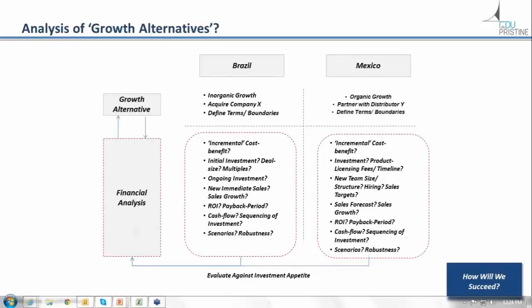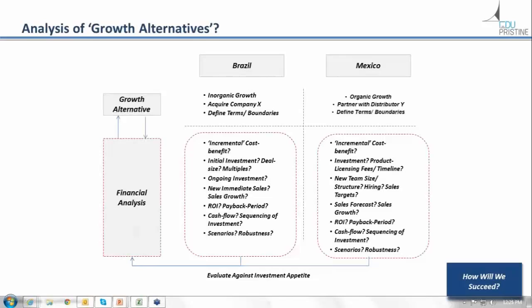And then what are the alternatives? How do we get into Brazil? It was pretty clear, for example, that in Brazil it's going to take this company a lot longer to go in there and establish themselves, versus considering the inorganic growth opportunities which exist. There are a number of local players in the country which they could evaluate to acquire, and that helped them in multiple ways. They could make the time to get product licenses in the country pretty short compared to actually applying for the licenses themselves.